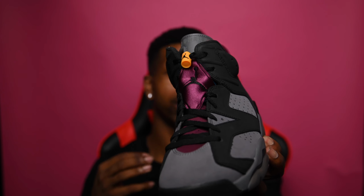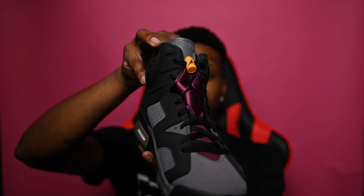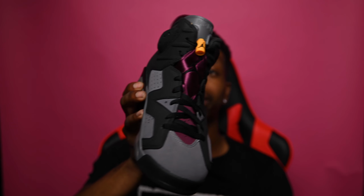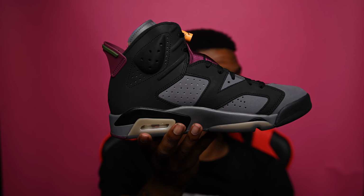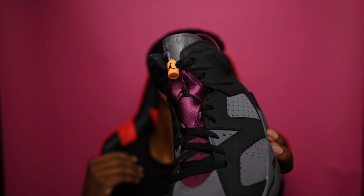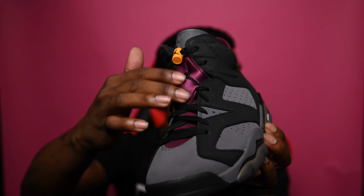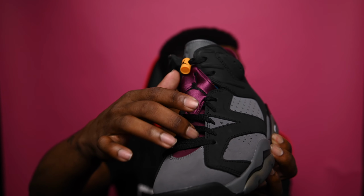But of course, I do love this colorway as it sits. It is just a legendary colorway, and then it just looks good on the silhouette. This is something that I really like that they're doing, is putting it on other shoes. It looks really good. You got the maroon Bordeaux tongue right there with the little fabric piece right here, yellow